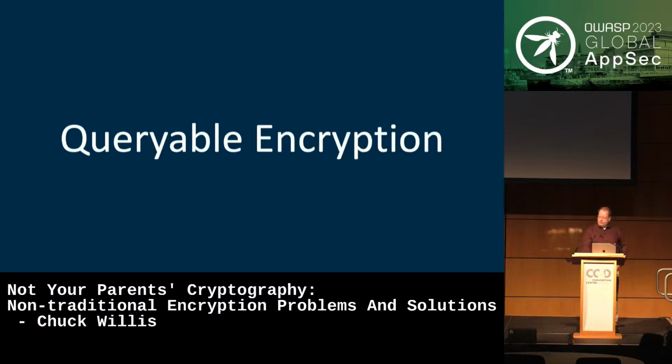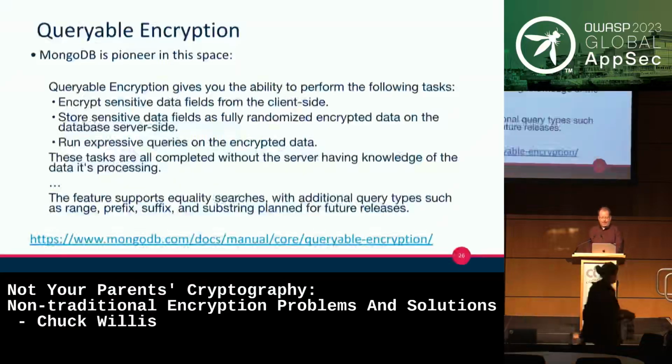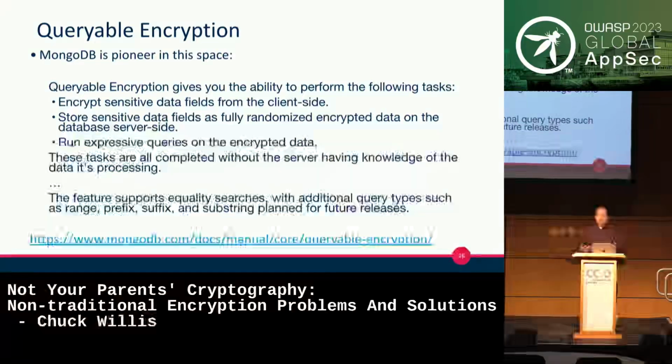So the last section we have here is what's called queryable encryption. This sounds like magic, and it kind of is a little bit, at least for right now. Queryable encryption is something that really is only implemented right now by MongoDB. They bought another company that specialized in some of the building blocks needed for this. They set this up so that you can encrypt data on the client side, and then it gets sent to the server side.